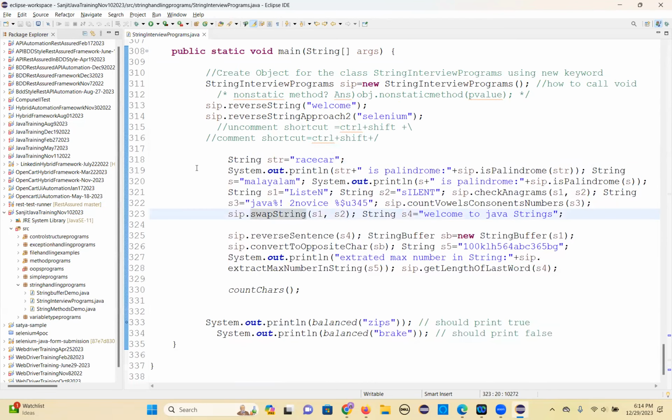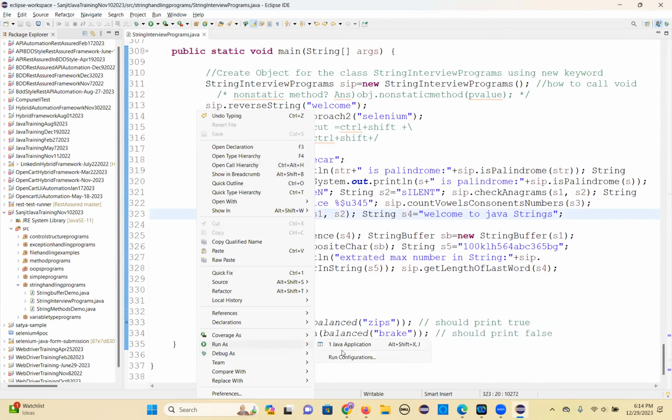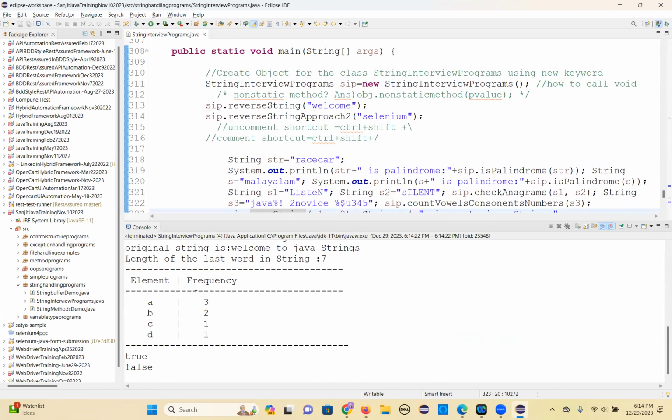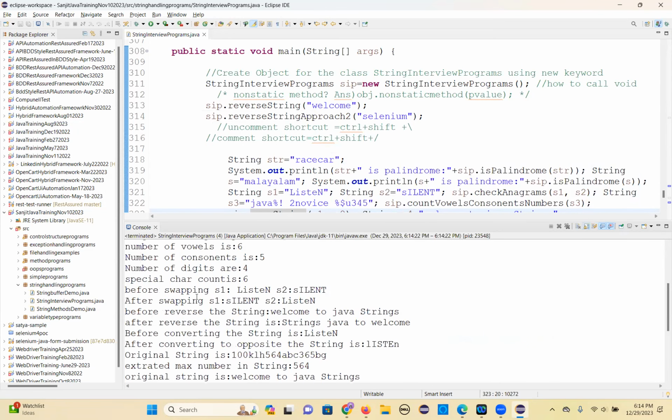That's it. So see Malayalam, race car. These are all silent listen. So we are swapping and